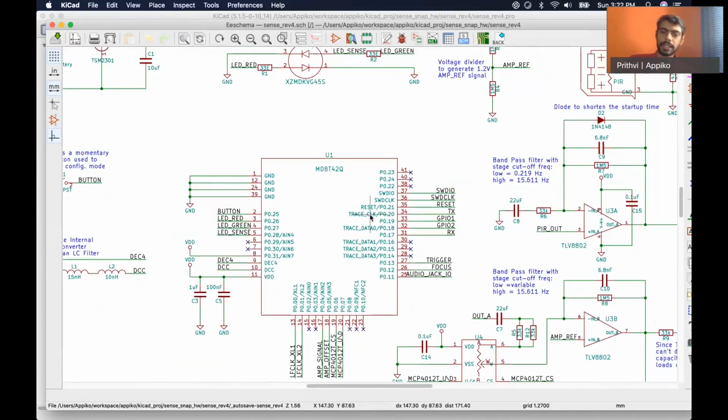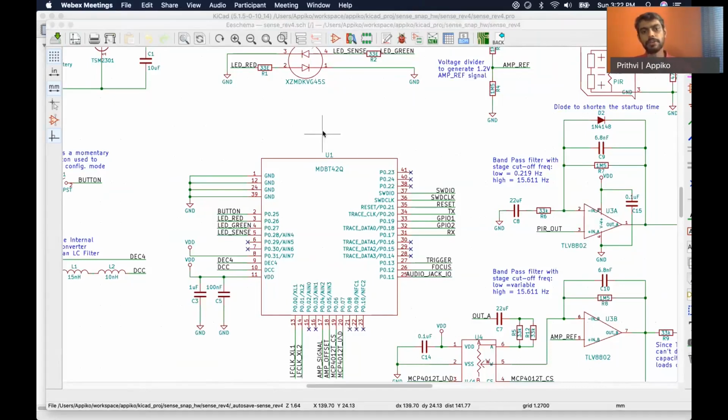So we chose the NRF52 family because a lot of our developers had already worked with NRF52, and it was a platform that we were comfortable with.